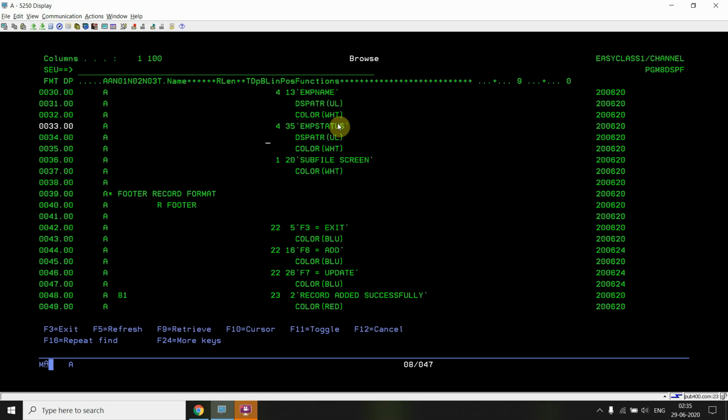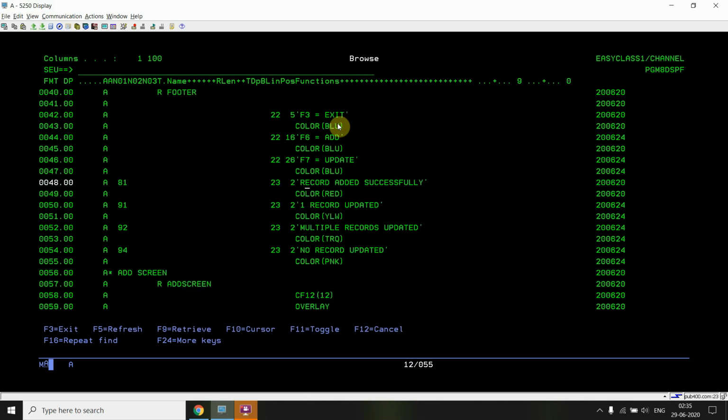Now you can see I have taken the footer record format. The footer will be showing the F3, F6 or F7, and there are messages also which are shown when the records get updated. So for 81, record added successfully.